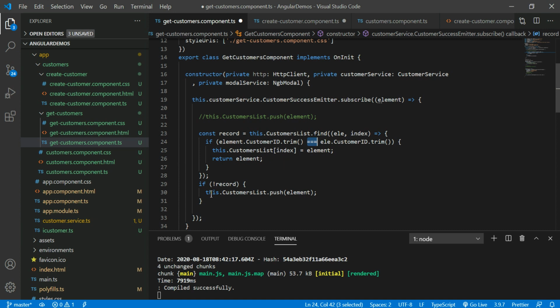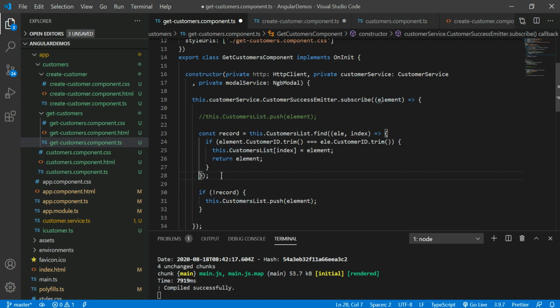Then you have to push the same code, whatever code I am doing. If the record is not available, just push that into the customers list. Okay, this is for updation. Means I am finding the record based on the customer ID. In case it is available, just imagine that is the update. In case it is not available, it is a create.